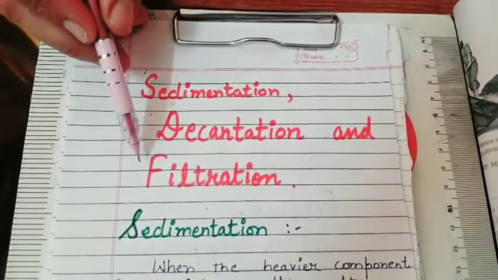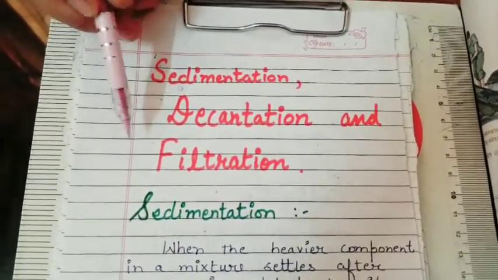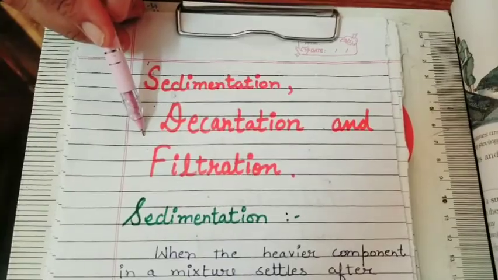These methods are sedimentation, decantation and filtration. Okay, these three methods we will discuss today. Now, what is there? Up till now we have studied how, if two solids are mixed together, we can separate them. But sometimes an insoluble solid is mixed in a liquid. Insoluble and soluble you studied in chapter 4.